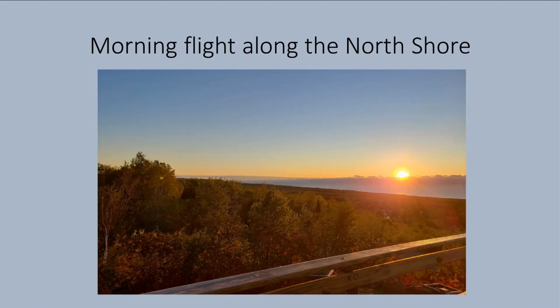Okay, so moving away from raptors, now we're going to talk a little bit about some of the other spectacles that happen along the Duluth shoreline. So here's a sunrise view from Hawk Ridge, and Hawk Ridge is great for viewing morning flight, but there's some even closer places, closer to our hotel, for viewing morning flight, where it can be even larger and grander from a number standpoint. And in a nutshell, morning flight,